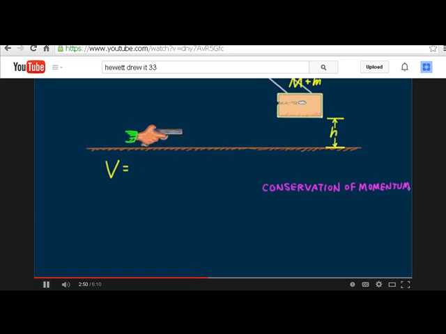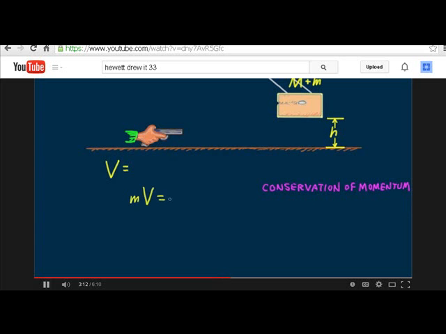By that we mean that the momentum of the fired bullet before colliding with a block equals the momentum of the block with its embedded bullet immediately after the collision, regardless of any heat generated. Heat is an energy thing, not a momentum thing. So we write this as